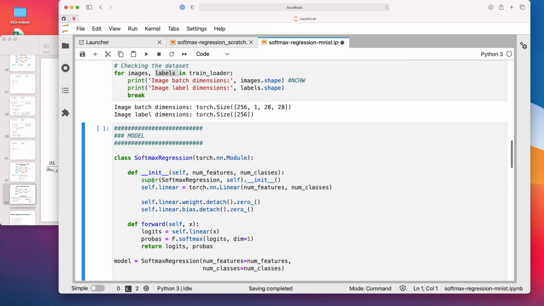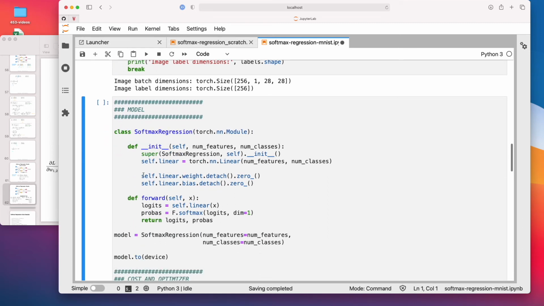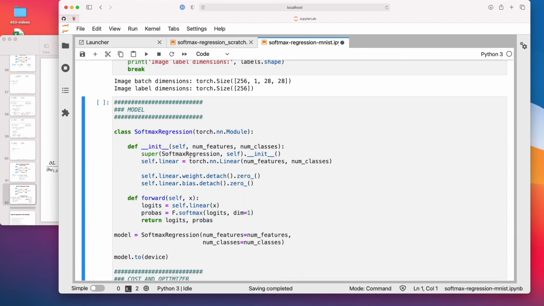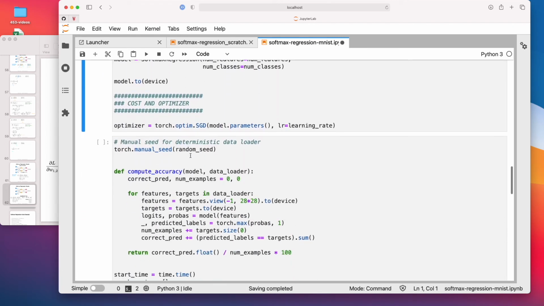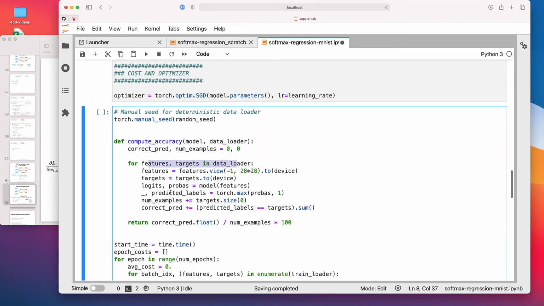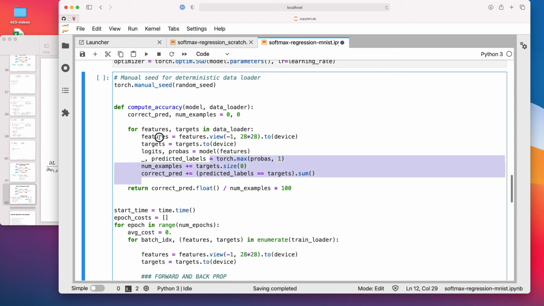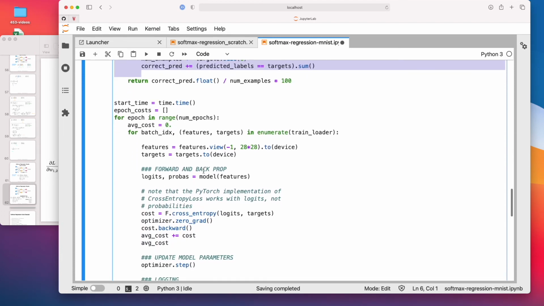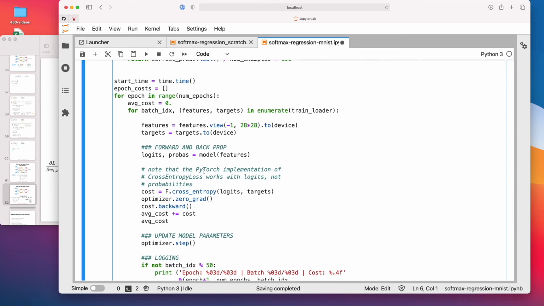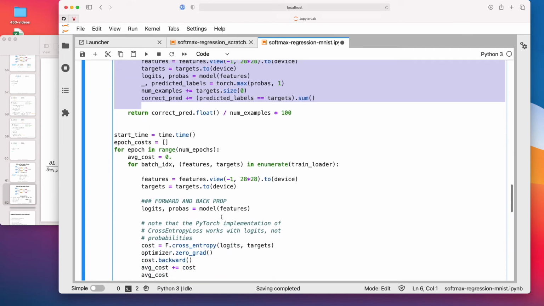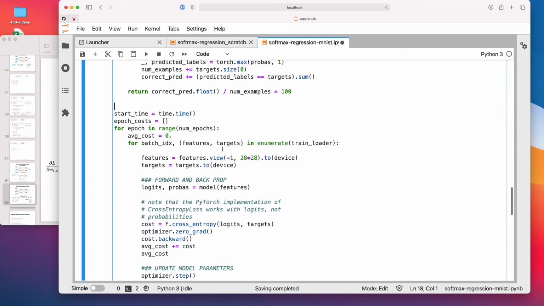All right, so here is now my implementation. This is the same as the one from scratch, so there's nothing really different. Also notice, the accuracy, I'm computing it using a for loop over the data loader. I don't have to go through this. I think this is something you could copy and paste if you need it. The interesting part is what I wanted to show you, because I don't want to make this video too long. I could discuss everything, but if you have questions, maybe ask on Piazza, we can discuss this more. I don't want to spend too much time on things that are not that important right now.